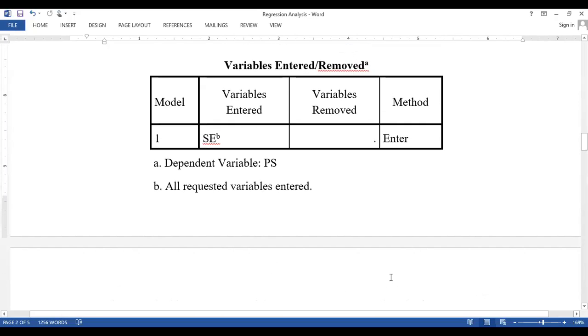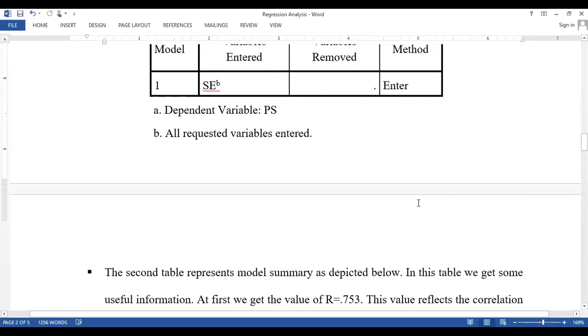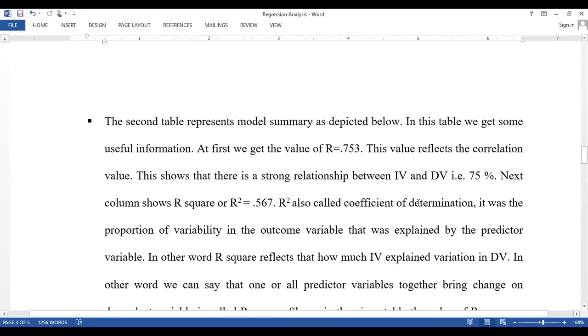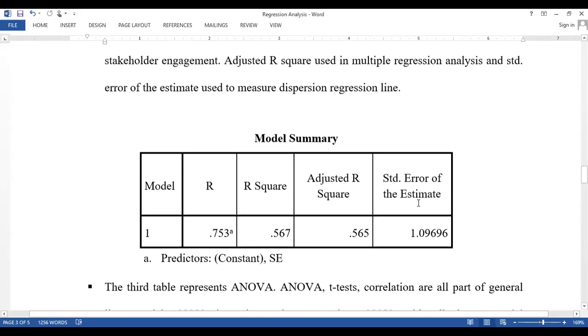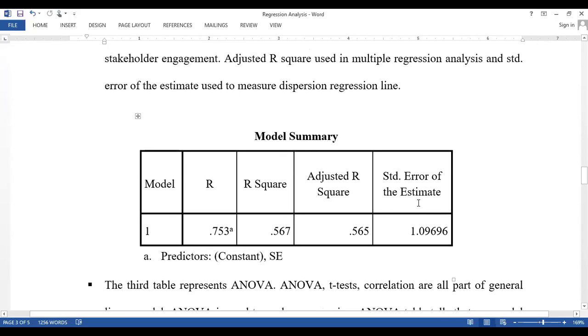This table reflects that we have stakeholder engagement as the independent variable and project success as the dependent variable, and we used the Enter method.